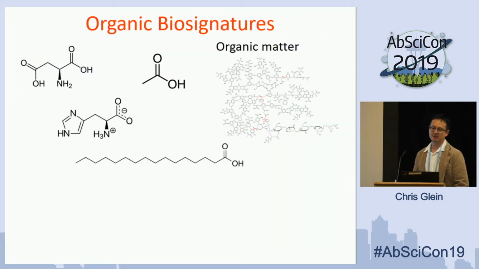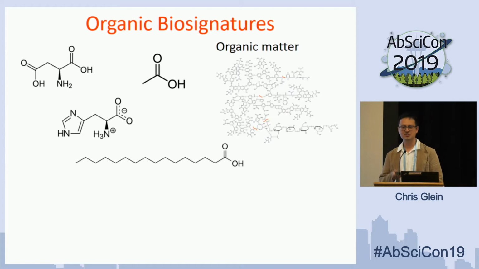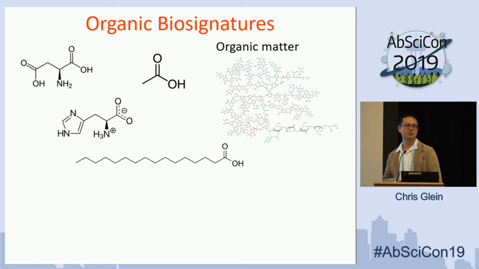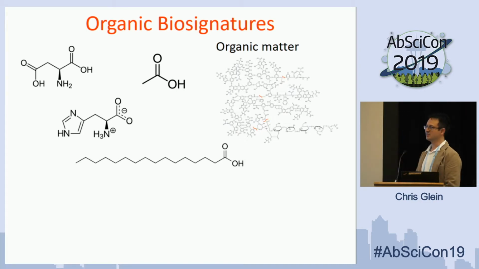And so what do I mean by organic biosignatures? We're very interested in some of the classical tests for biosignatures, things like the distributions of simple amino acids. This is aspartic acid. Peter Willis gave a great overview of these kinds of concepts. More complex molecules that might be only produced by biological processes, as well as carboxylic acids. You could have simple carboxylic acids that might either serve as food sources or as products of metabolism, as well